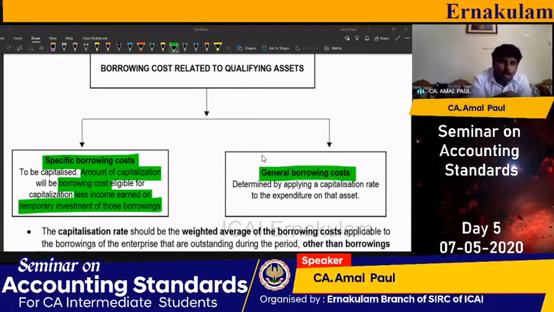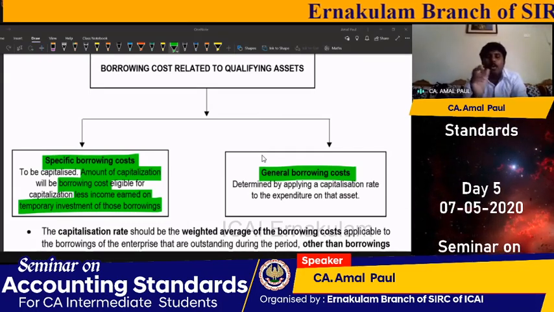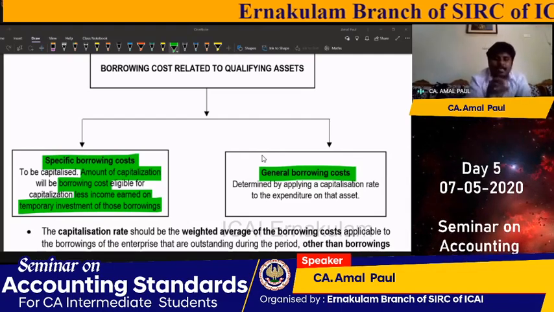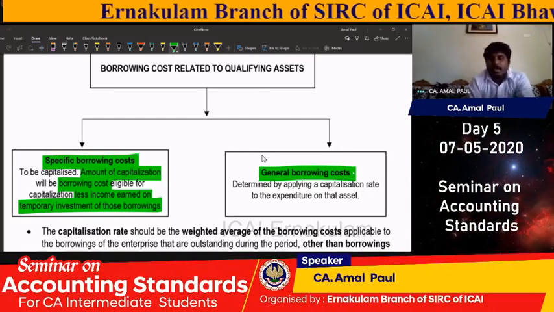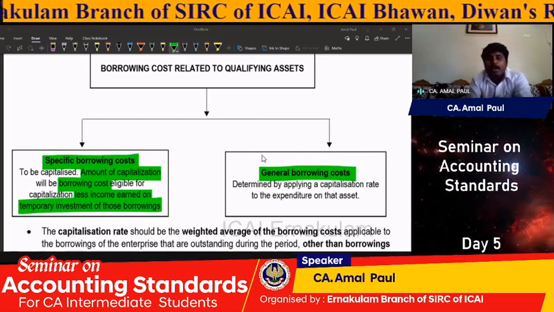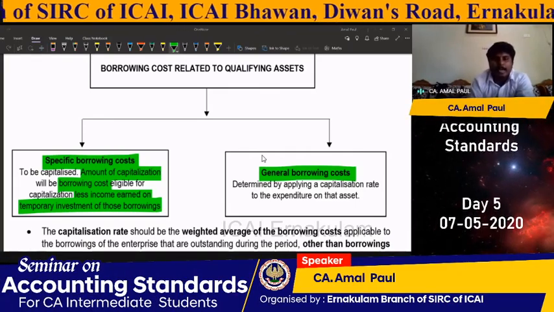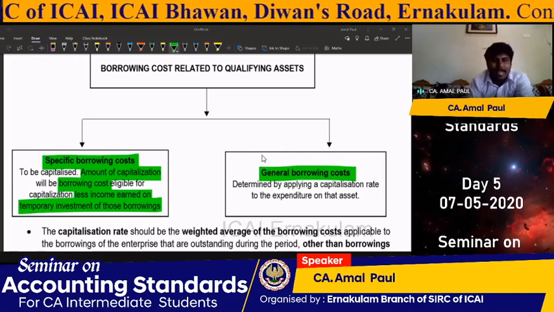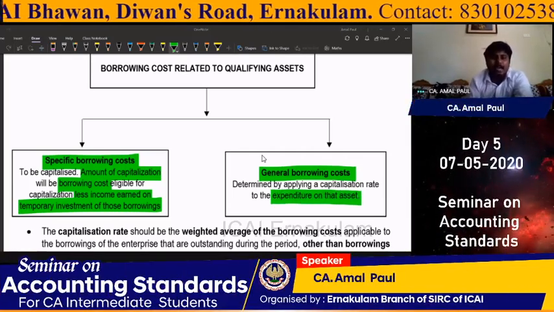Therefore, the borrowing cost in relation to general borrowing can also be capitalized considering this fact. That is why the standard permits that the borrowing cost incurred, the amount you had utilized from general borrowings also, you can capitalize. So the amount that can be capitalized is nothing but the expenditure you had incurred from that,